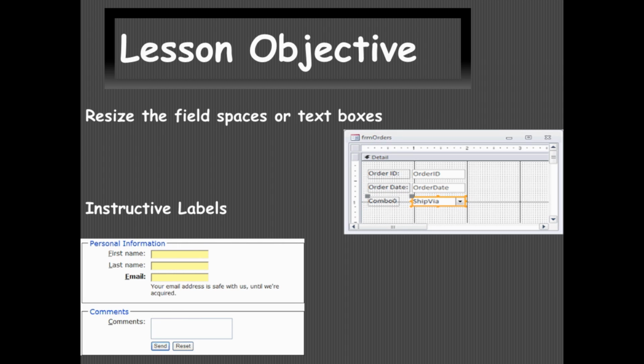Next, we will discuss how to resize the field spaces or the text boxes, and how to give instructive labels to a form so that the user could understand the meaning of the particular field in the form. Like as it is given here, first name, instead of writing just name, it is written first name then last name, so it means they have to write their full name but in two different fields.